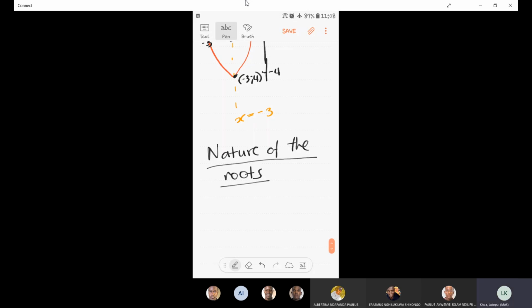Now the nature of the roots, what we are talking about is these x-intercepts. What kind of x-intercepts do we have? Okay, so we ask, are they real? Are they equal? Are they rational? Are they irrational? Are they imaginary? So that's what we mean by their nature, not necessarily their value. Like if I look at this one,